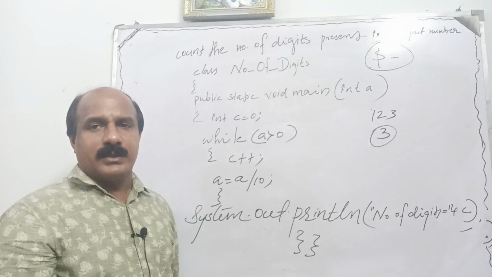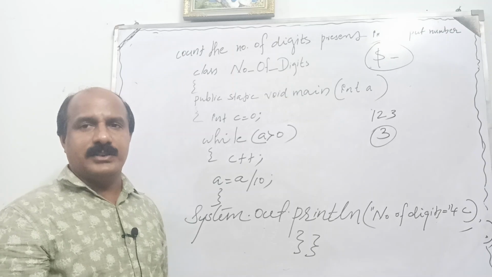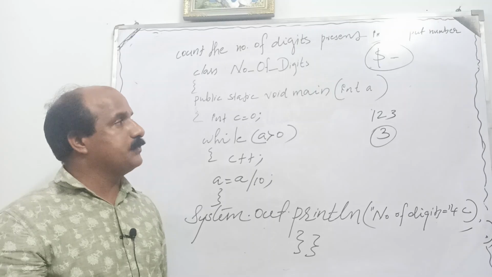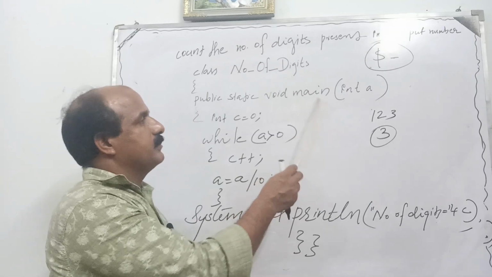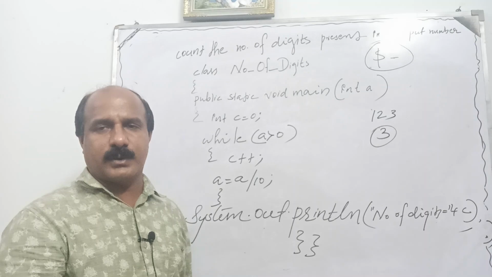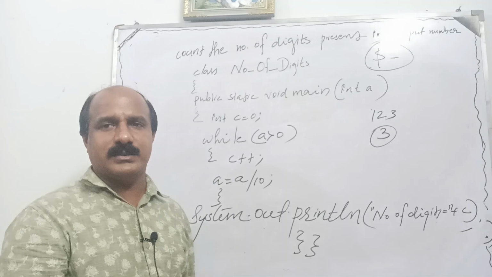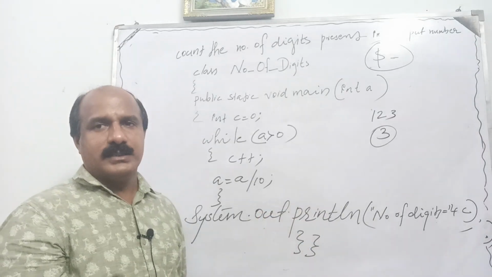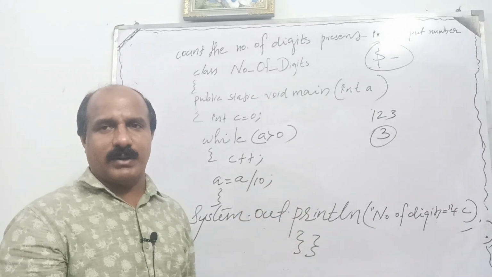You can have a return type for a method like integer, double, float, any data type can be the return type. But if the method is not returning any value, you will be mentioning void. Now main is the method name itself. You know why main is important, because the execution of the program starts from main, and it is the only method which can be directly executed in Java. Now main has one argument, that is a. This argument value you will be supplying while you execute your Java program.